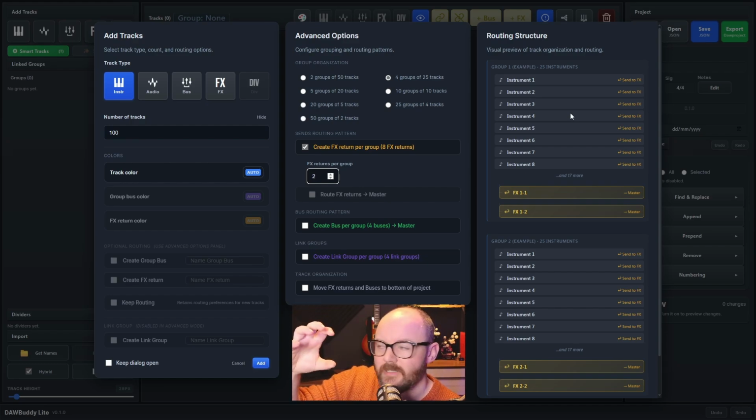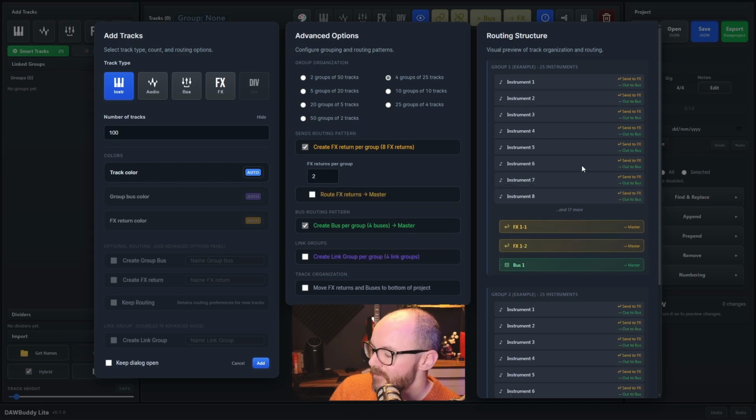Now for our instruments, let's say we want to create a bus, and we're going to take the outputs of our instruments and they're going to go into the bus. Well, we can create a bus for every group. And coming back to the effects channels, if we don't want their outputs to go to the main stereo output and we want them to go into the bus we've created for the group,